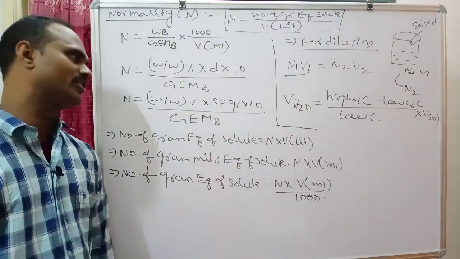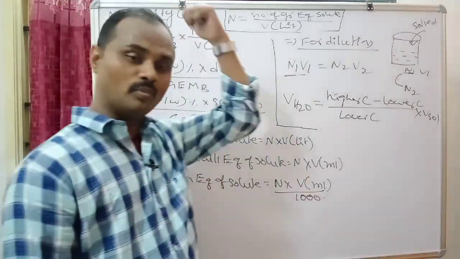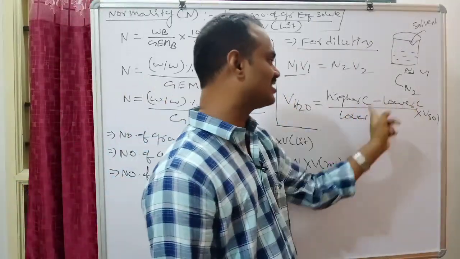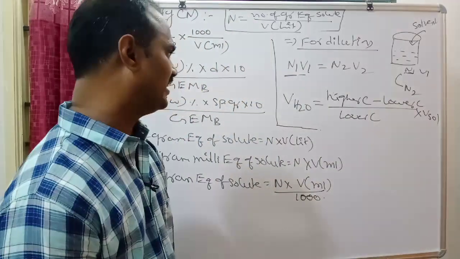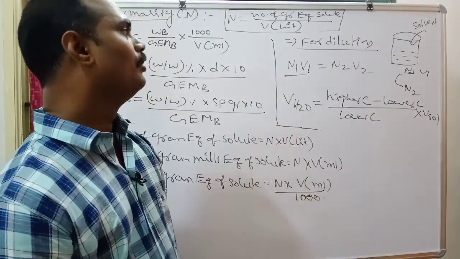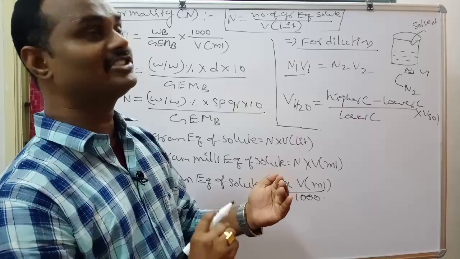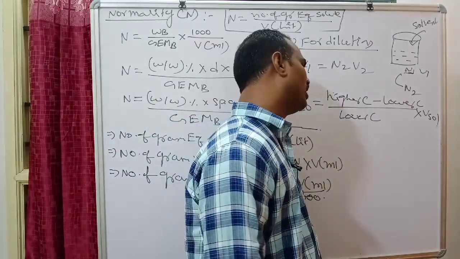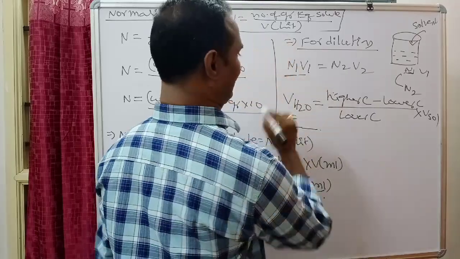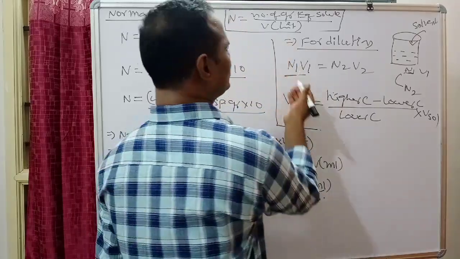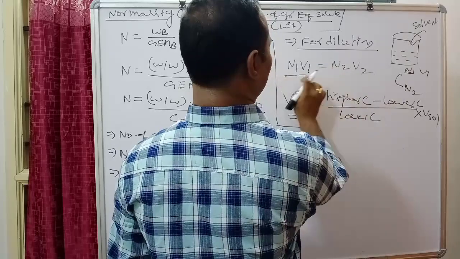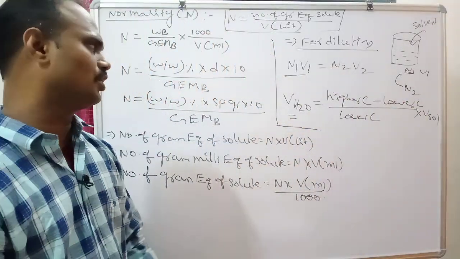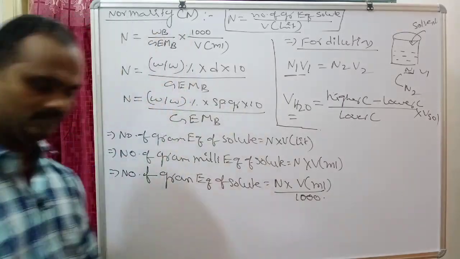By using this, the same formula is also used in the molarity case, but there we use molarity, whereas here C is nothing but normality. By using this formula, for changing N1 concentration to N2 concentration, we get how much water we are going to add. Is it clear? In this formula, out of 4 values, 3 are given and the 4th value you calculate. That is no problem, an easy thing.